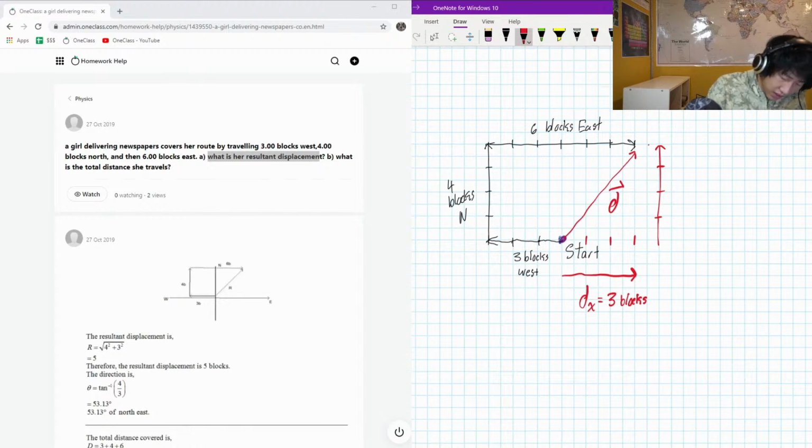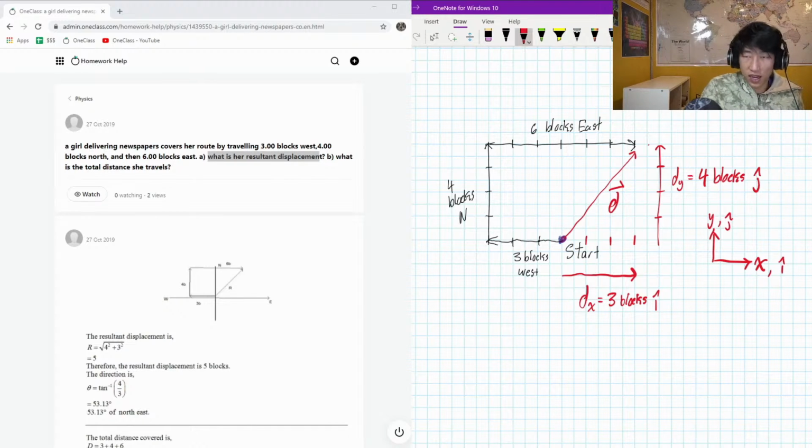So we're just going to have 4 blocks north as our y component. dy is 4 blocks and in the j direction, and here in the i direction, just so that we're familiar with this. This is our x or our i direction, and this is our y or our j direction. You might not be familiar with this now, but you will definitely see it a lot in the future of